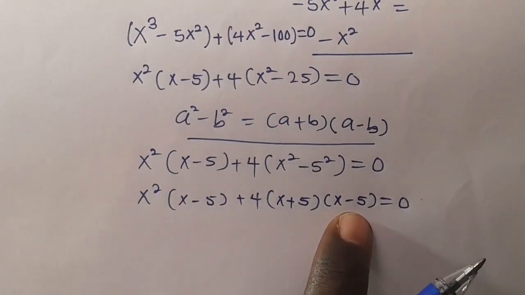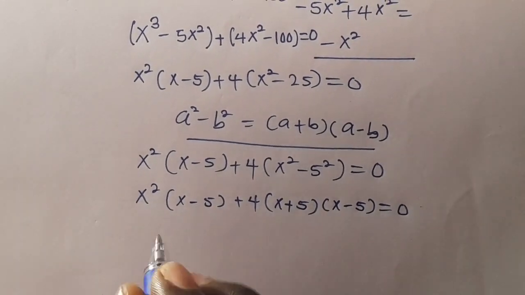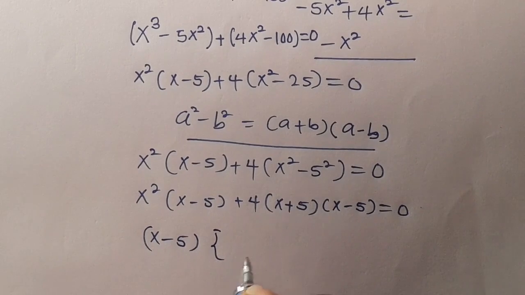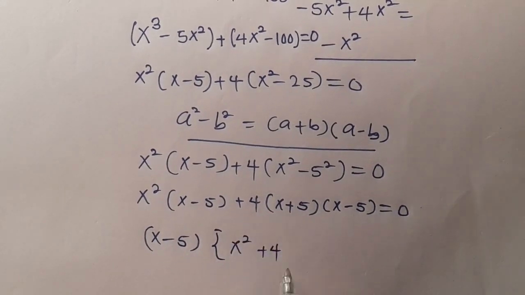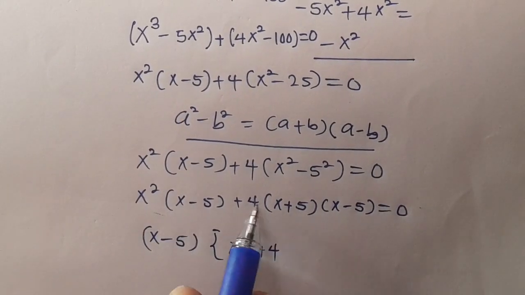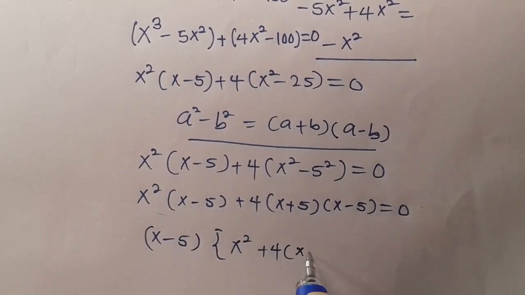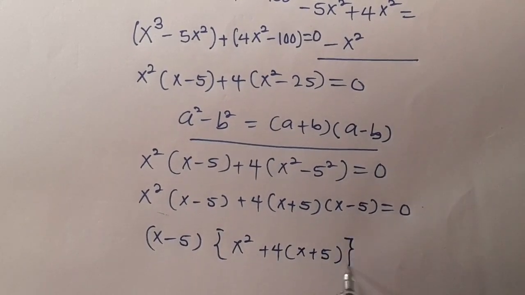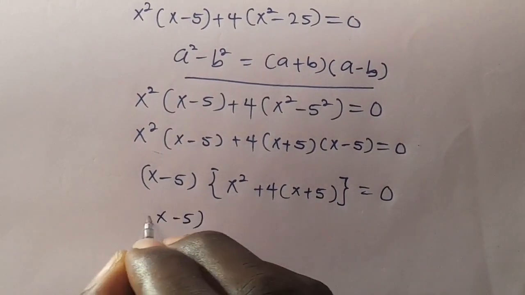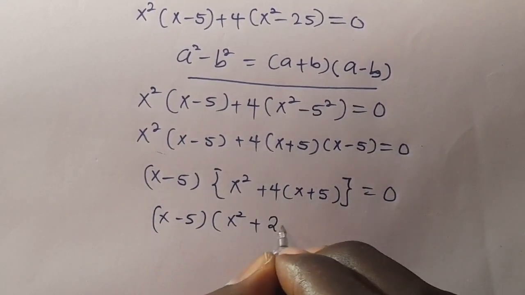So from here we have x minus 5 to be common, so we can factor it out to be x minus 5 then into x squared plus 4. This divided by this, we have x squared, plus the whole of this divided by this, we are going to have 4 into x plus 5. Then we have it to be equal to 0. Now from here we have x minus 5. This one will be x squared. This multiplied by this, we have 4 times 5, which is 20, plus 4x,